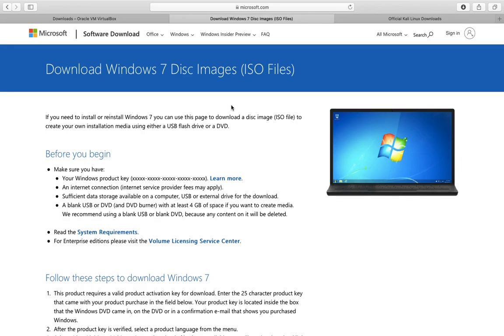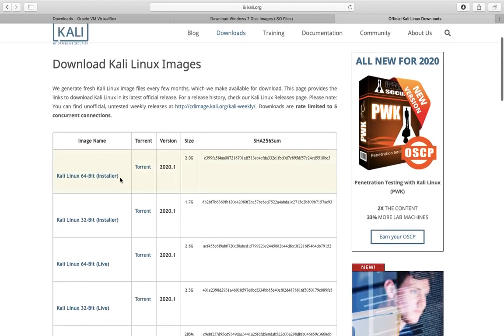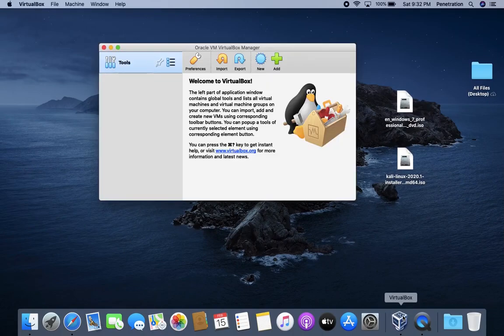For this video purpose I'm going to use Windows 7, and lastly you need to install Kali Linux. Go to kalilinux.org and install the latest 64-bit installer. I have installed all the required softwares. Let's begin with the installation. So first open the VirtualBox,